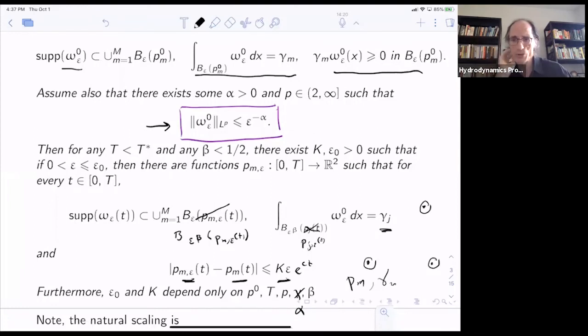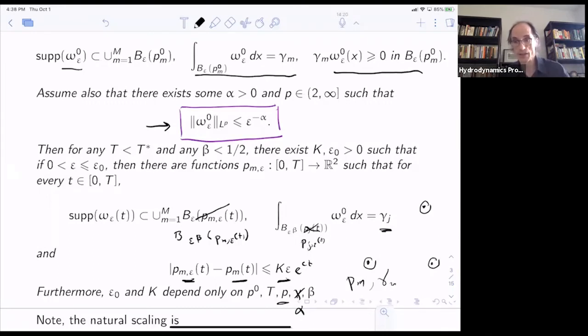And in fact, this is true. Remember, the step is if the initial vorticity is in L infinity, if it's bounded, then we have existence and uniqueness for the Euler equations. If it's in L^p for p less than infinity, I don't know if I said this, but in fact, one still has existence, just no longer uniqueness. And so the interesting fact is that one can use this control that depends only on the L^p norm for p greater than 2 to prove a theorem like this for things with initial vorticity in these L^p spaces